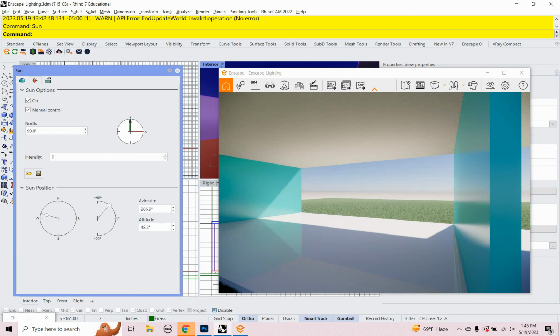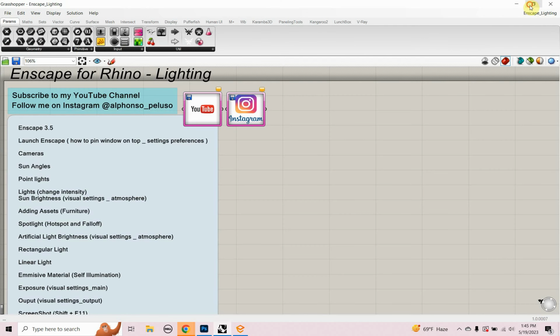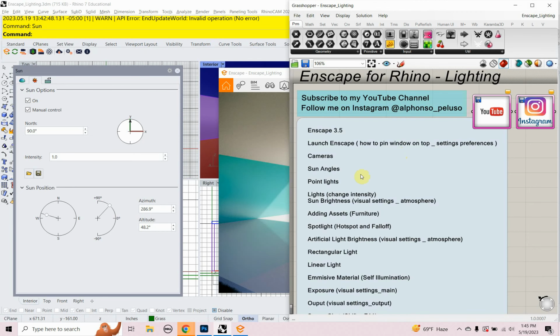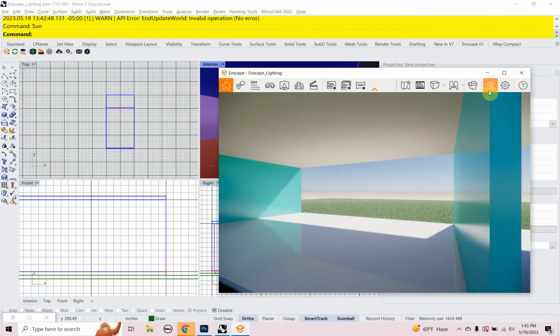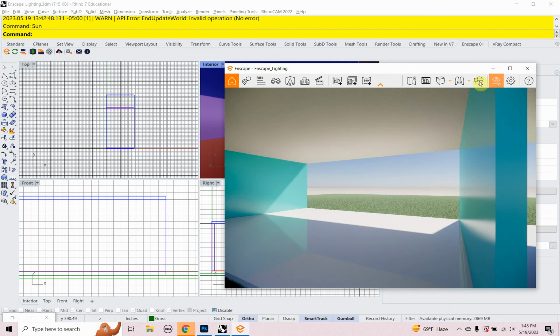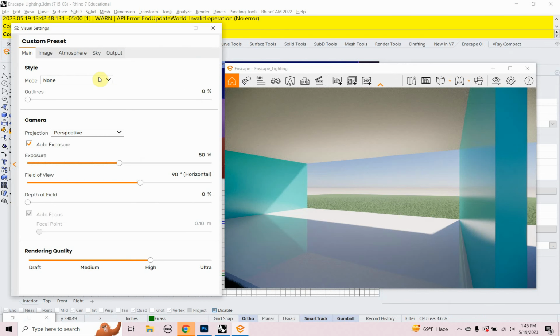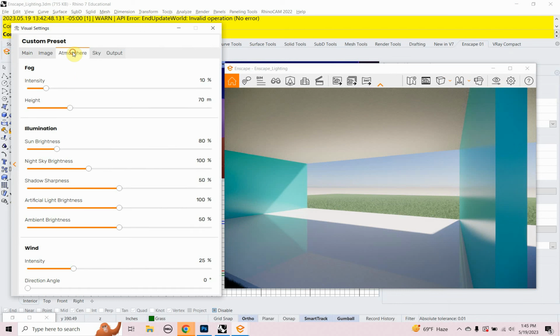So to do that, let's see if this is in our little outline here. So sun angles. It's down a little bit lower. Sun brightness, visual settings, and atmosphere. Okay, so let's look at changing that. So visual settings and atmosphere. In the Enscape window, visual settings is this little eye with the little slider. If I click on that and go to the atmosphere tab, I have a sun